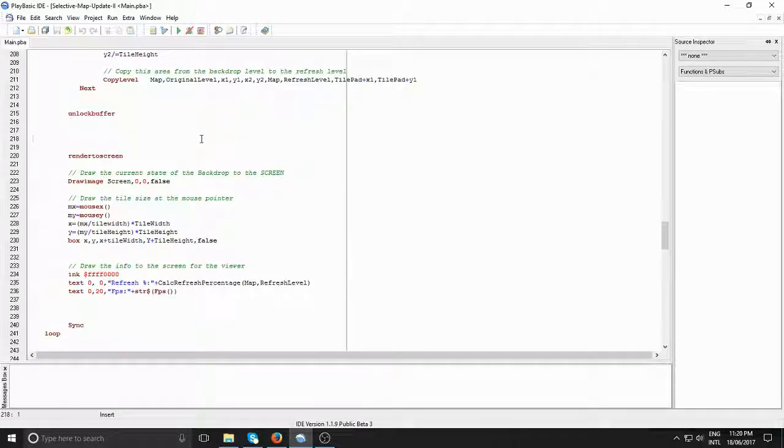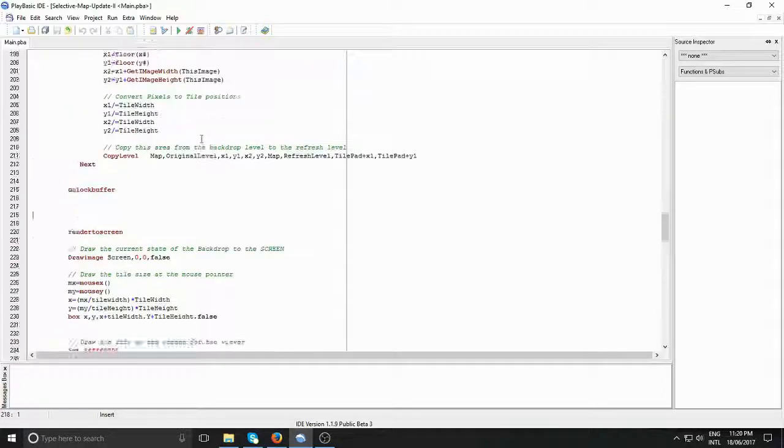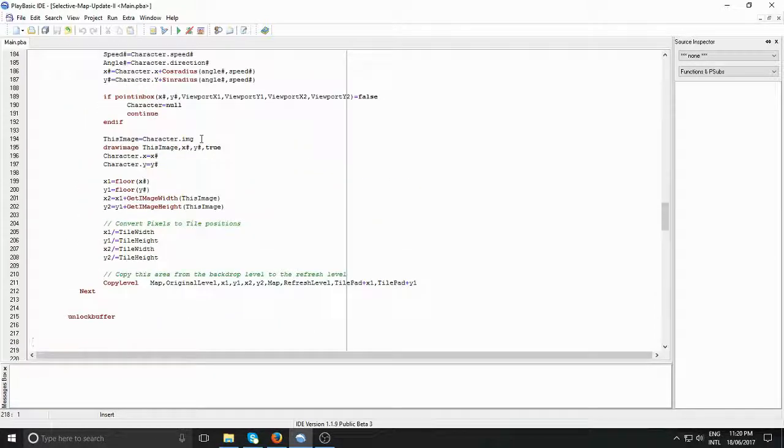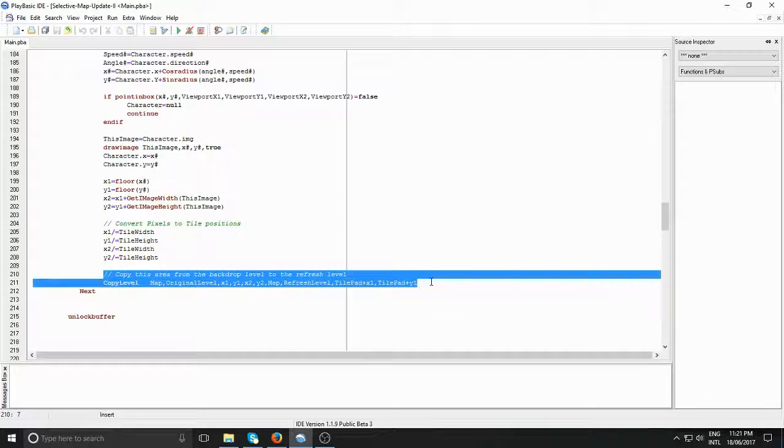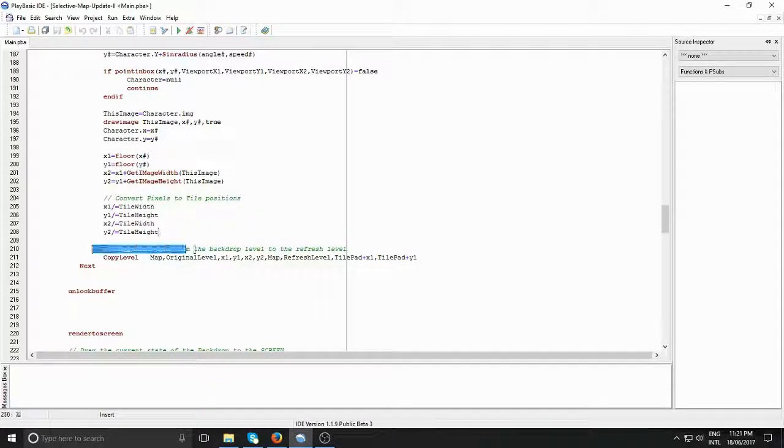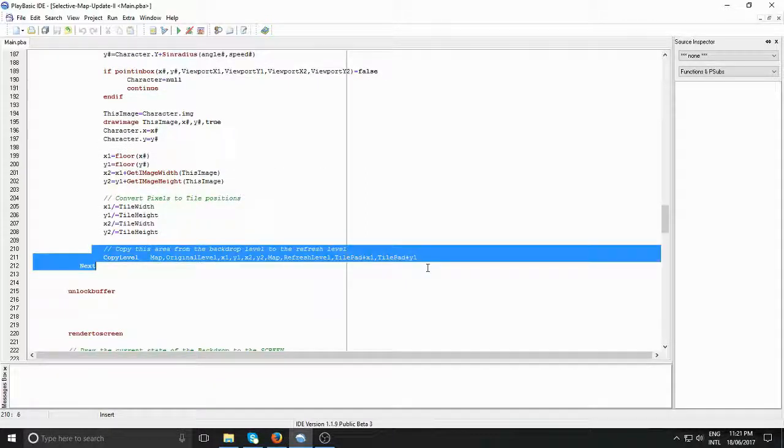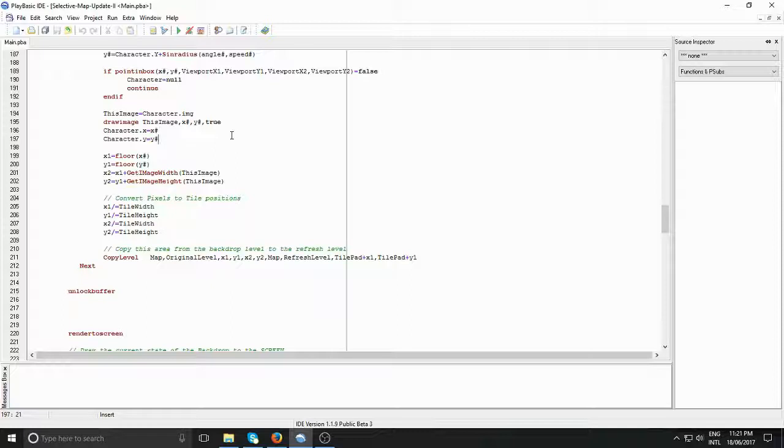So what we're doing is, if two sprites share the same area, we're not actually preserving that backdrop. We're just using copy level to set this part of the map. Does that make any sense? Geez, I hope so. So if two sprites are sharing the same area, we're drawing the two sprites, but we're not drawing the backdrop multiple times or preserving the backdrop multiple times, which, if you're familiar with how software sprites generally work,